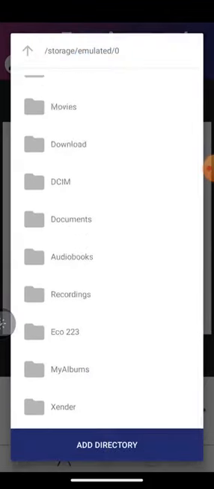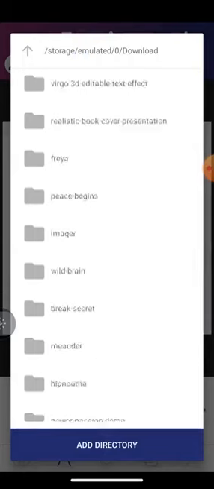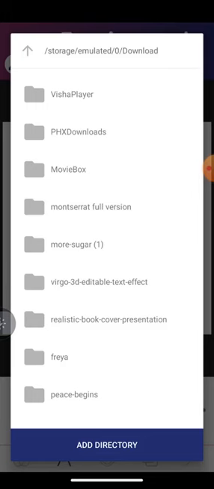You go to where you have it downloaded, like mine, it is in downloads. So these are your fonts, and you add them. But sometimes your font comes with